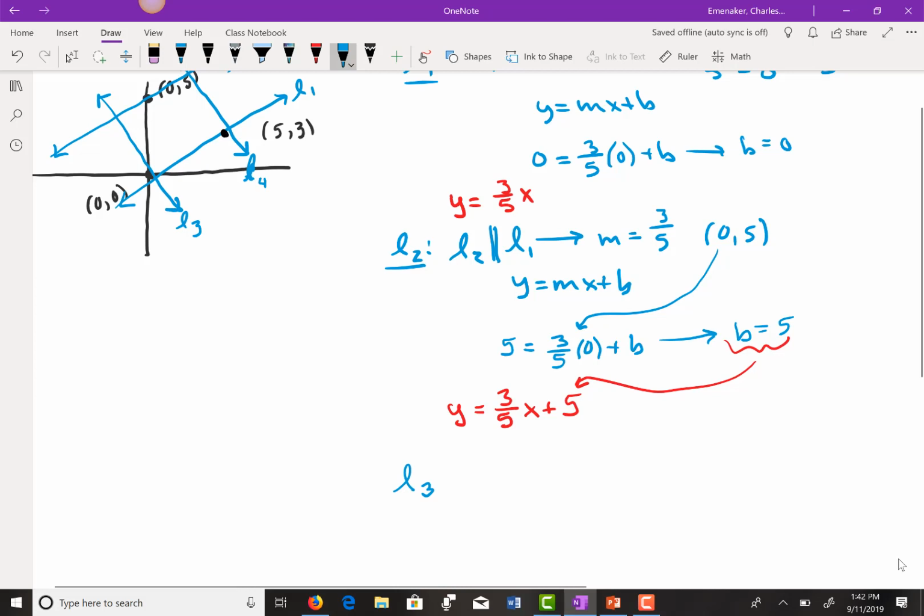Now, line 3 is not parallel to either line 1 or line 2, but line 3 is perpendicular to line 1. Is line 3 also perpendicular to line 2? Yeah. By being perpendicular, that tells us what the slope is. To get the perpendicular slope, what do